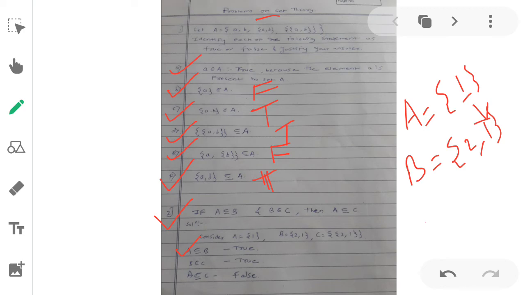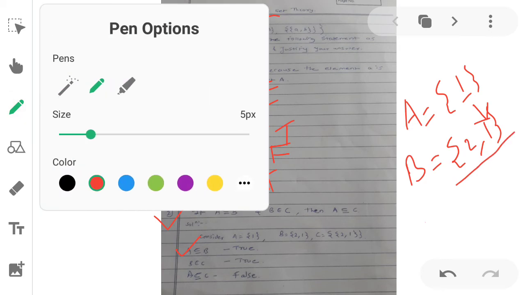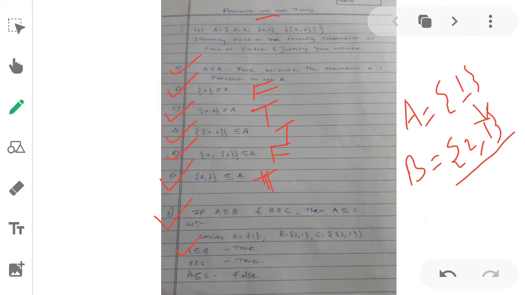Now B belongs to C. It means we have to check whether B is present as an element in C. The whole set {2, 1} is present in C, shown in the blue line, as an element there. So B belongs to C is also true.